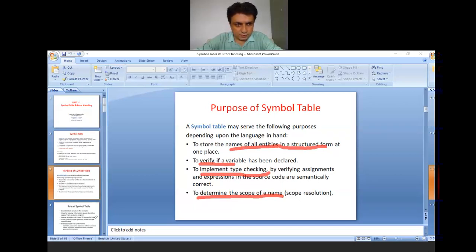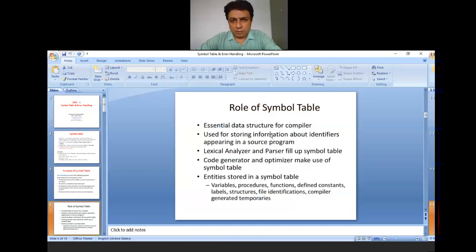Now proceeding further. Now the role of symbol table. It is basically the essential data structure for compiler, used for storing information about identifiers appearing in a source program. The lexical analyzer and parser fill up the symbol table.